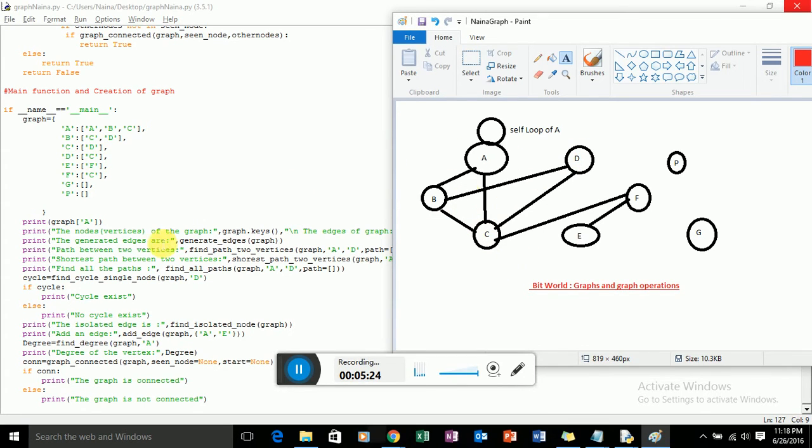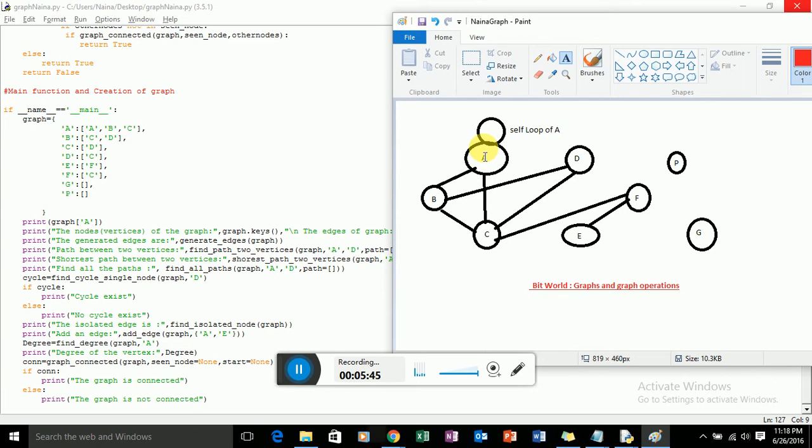C is connected to D. In the same way, D is connected to C. And here G and P are isolated vertices or nodes. Since A is connected to A, it is called a self loop of A.